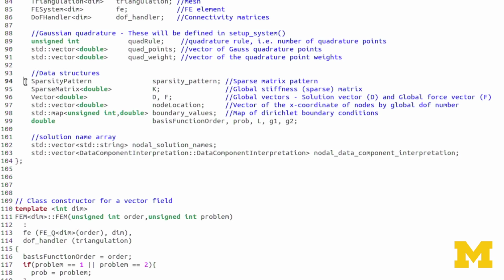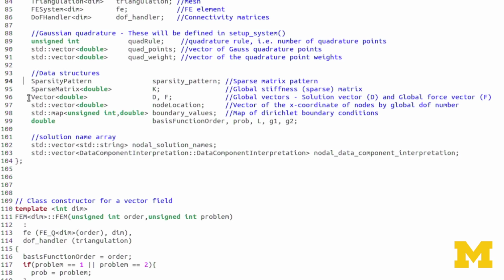More data structures. The first one is a sparsity pattern, and we use a sparsity pattern with our global stiffness matrix K, because as you remember from the lectures, most of K are zeros. When we're dealing with a large stiffness matrix, it doesn't make sense to store a lot of zeros, and so we use what's called a sparse matrix. It essentially stores just the non-zero components of K global. The sparsity pattern is what keeps track of where those locations actually are in the full matrix itself.